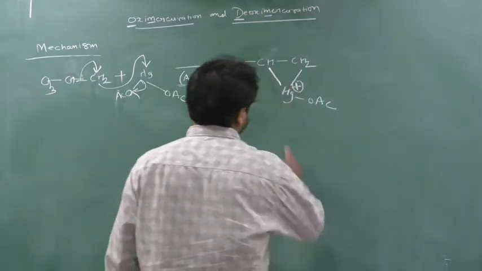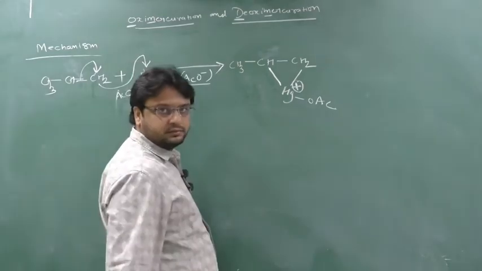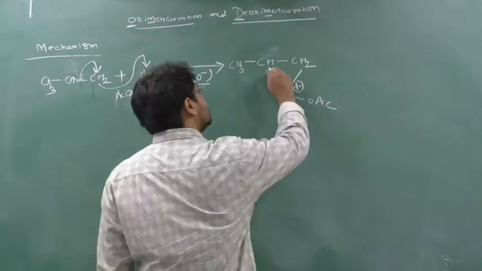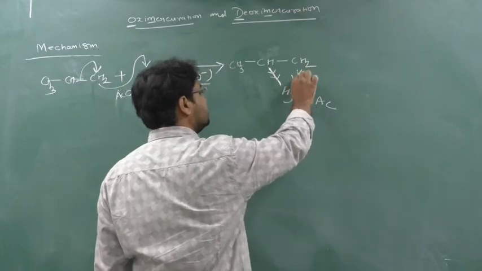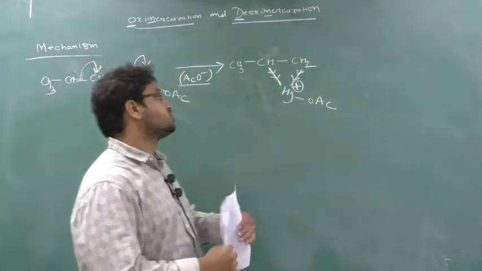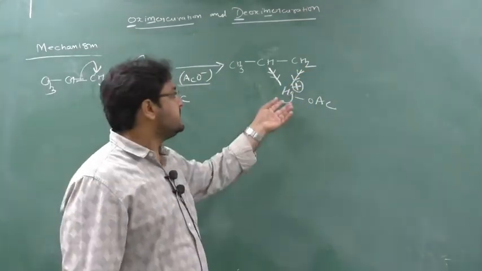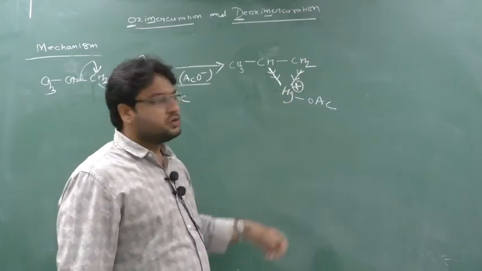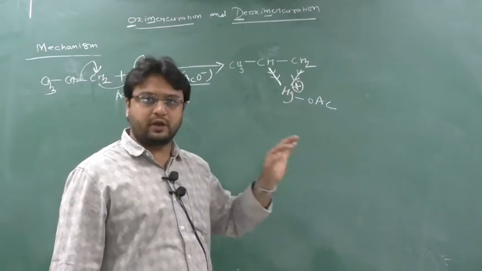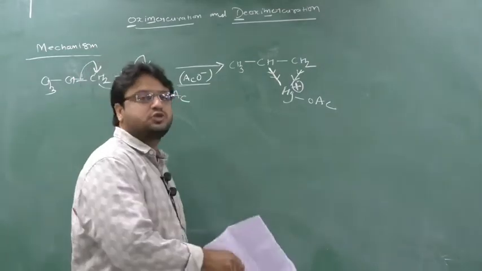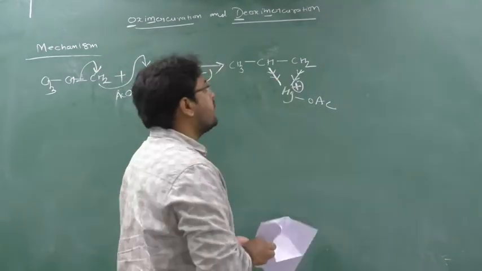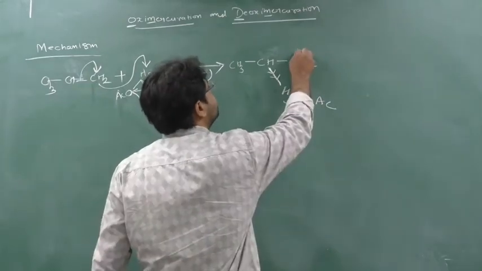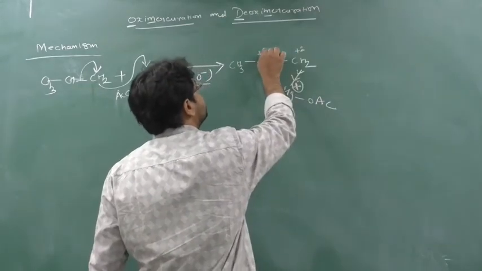See here. This Hg is a metal. So here electron will be attracted towards this metal. Yes or no? Because this Hg is showing plus, and it is in a requirement of an electron. Plus means what? It requires the electron. So Hg will start to attract the electron from this CH and this CH2. So here what happens? Here also a partial positive charge develops. Here also a partial positive charge develops.